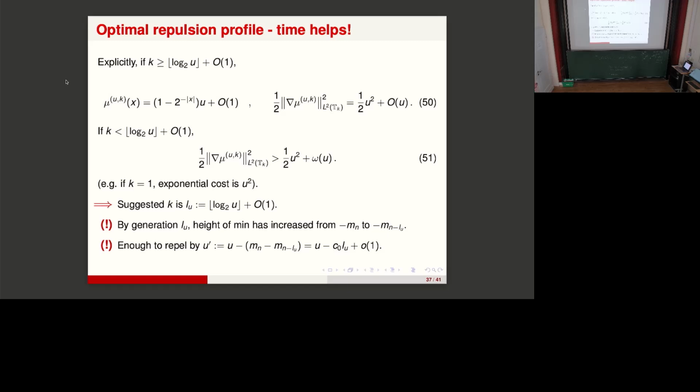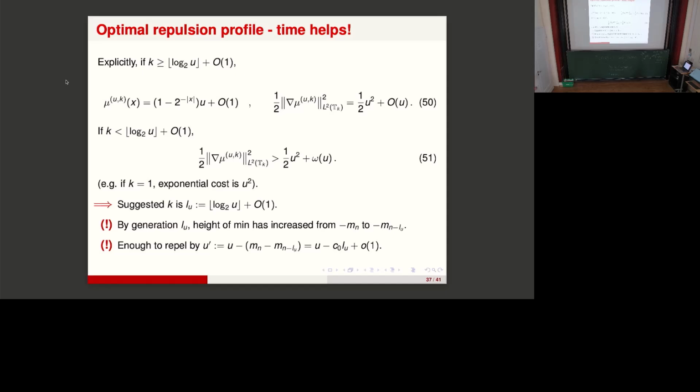So if you increase k, well, you might be able to save a little in this order of u. But in any case, we're going to incur other error terms or other costs which are going to be exponential in u. So I don't really care. So for the purpose of this precision, going above log_2 u is not going to help us. On the other hand, if you raise the field to level u at generation k, which is smaller than this,